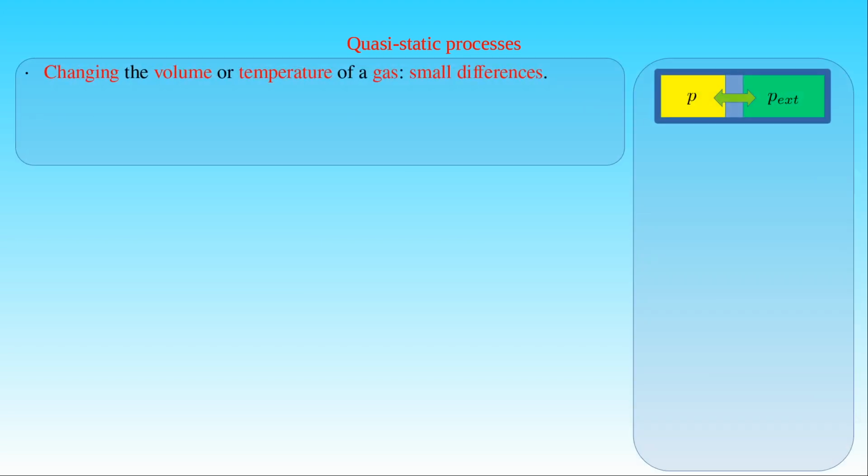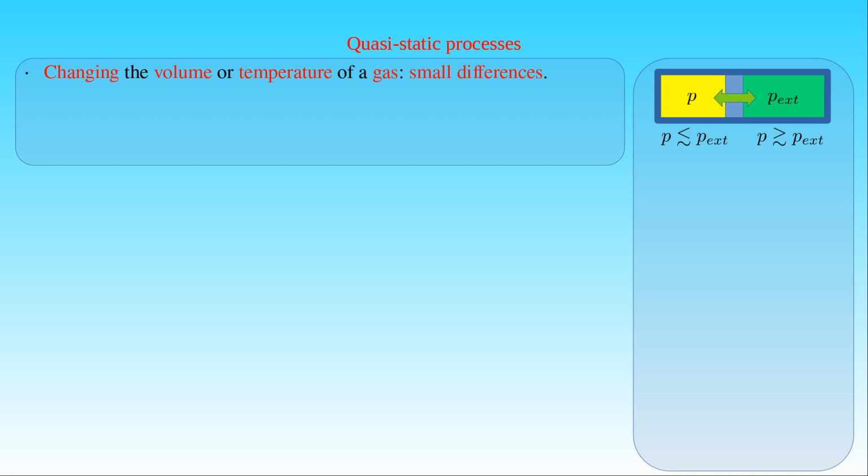When we discuss the work done during the contraction or the expansion of a gas, we implicitly assume that the external pressure exerted on the moving wall in the cylinder is greater or smaller than the pressure of the gas in the system, but this difference is infinitesimally small. This infinitesimal difference is enough to move the wall by the net force of the unbalanced pressure forces acting on